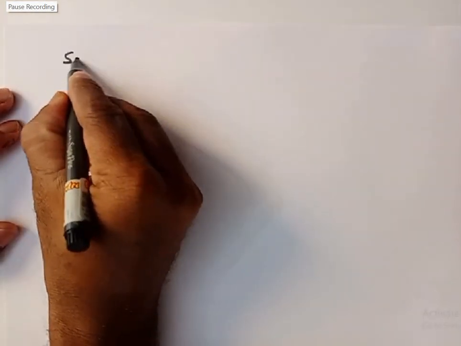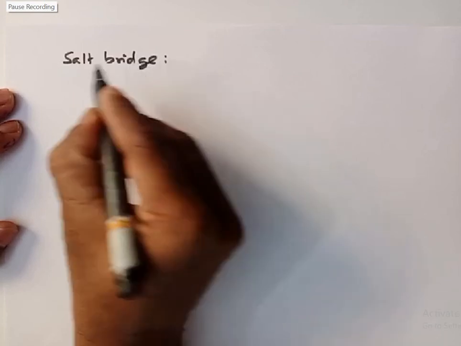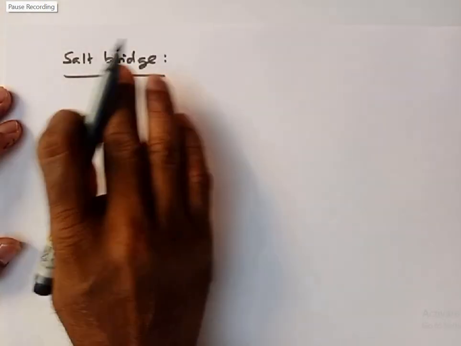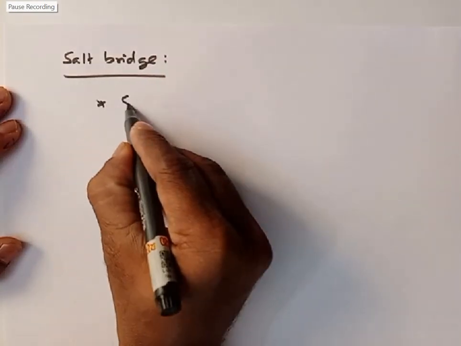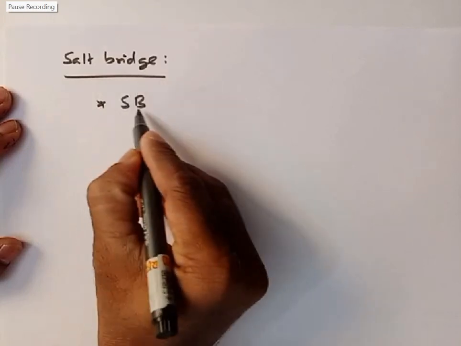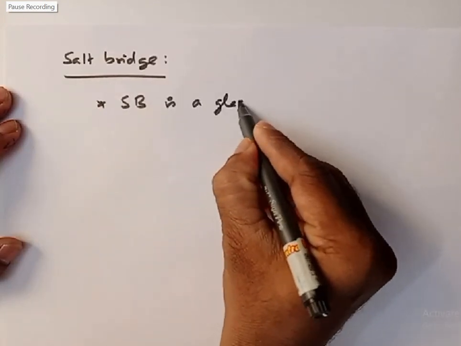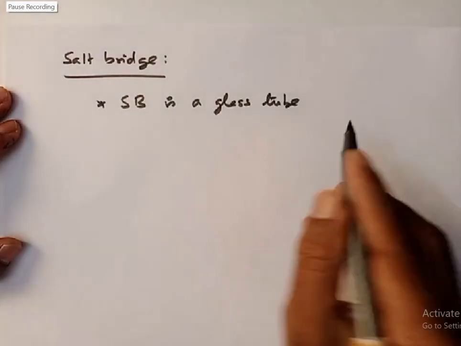Okay, let me give some information about salt bridge, then I'll come back to the cell potential again. Okay, salt bridge. See, salt bridge is a glass apparatus. I'll just write SB. SB means salt bridge. Salt bridge is a glass apparatus, a glass tube actually. So glass tube contains